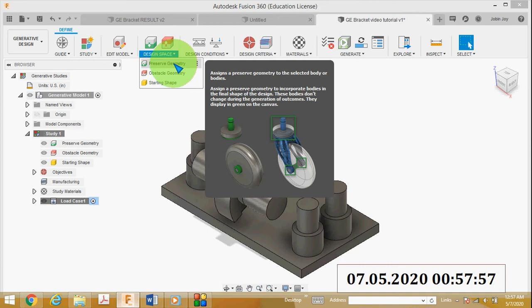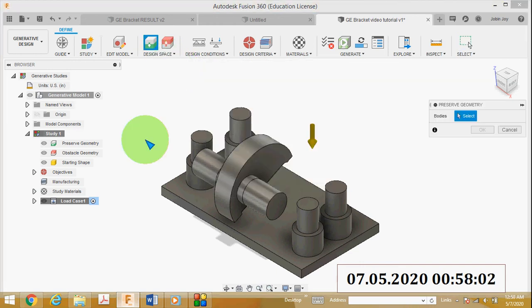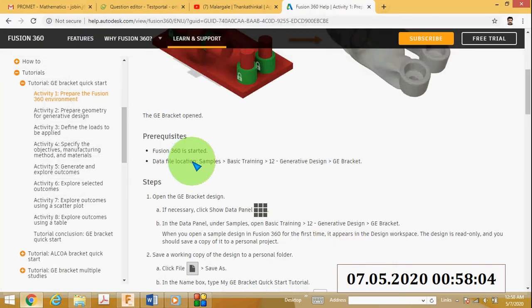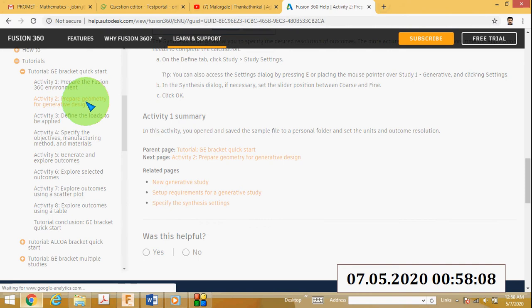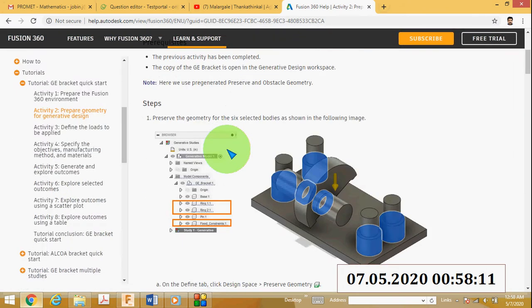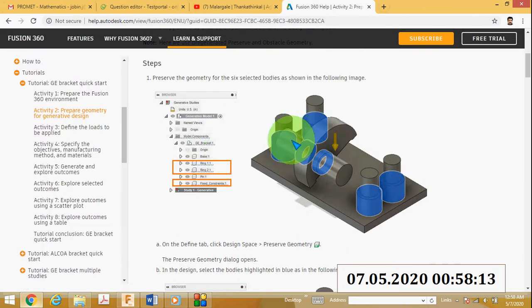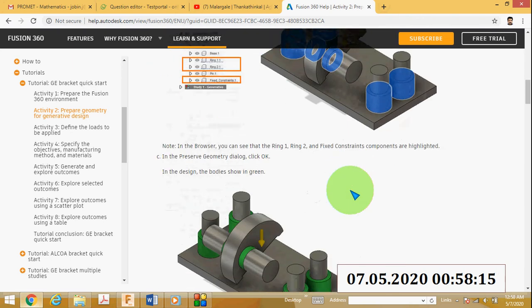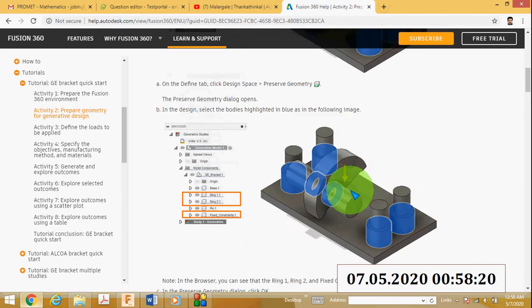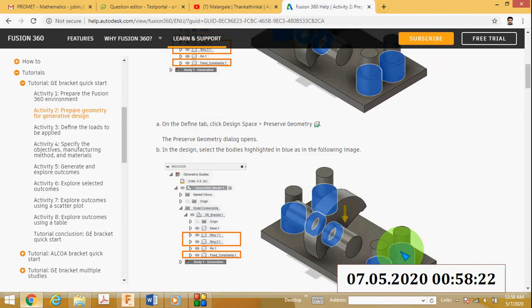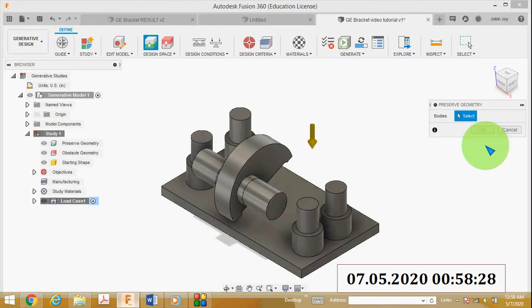Here I will select the preserve geometry. Then go to the tutorial tab, and go to activity number 2. You have to select these six faces, 1 2 3 4 5 6. So go to Fusion 360.